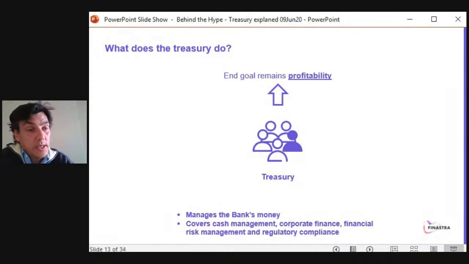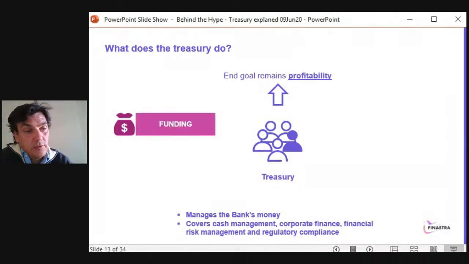So how are they doing it? What are they doing on a day-to-day basis? There are 6 functions, and you could imagine them built as a pyramid. At the bottom of the pyramid, you will have the function that takes the most of the time every day, but that will be the least strategic. And at the top of the pyramid, you will have what is very strategic. And so the 6 functions are the following ones.